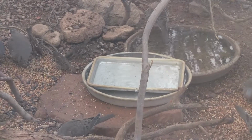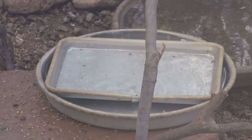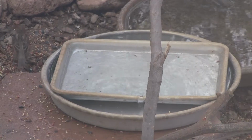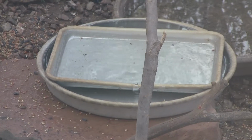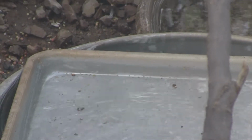So the main reason for that top one is to keep the water clean. And as you can see, I was just out there about an hour ago from filming this, and it's already gotten kind of dirty in there. But once again, that's what it's for. And then the water then drains into the pizza bowl, and due to how our elevation works, when the pizza bowl gets full, the water, come on, camera, let's focus here. Focus. Well, anyways, it reaches the edge of the pizza bowl right there,